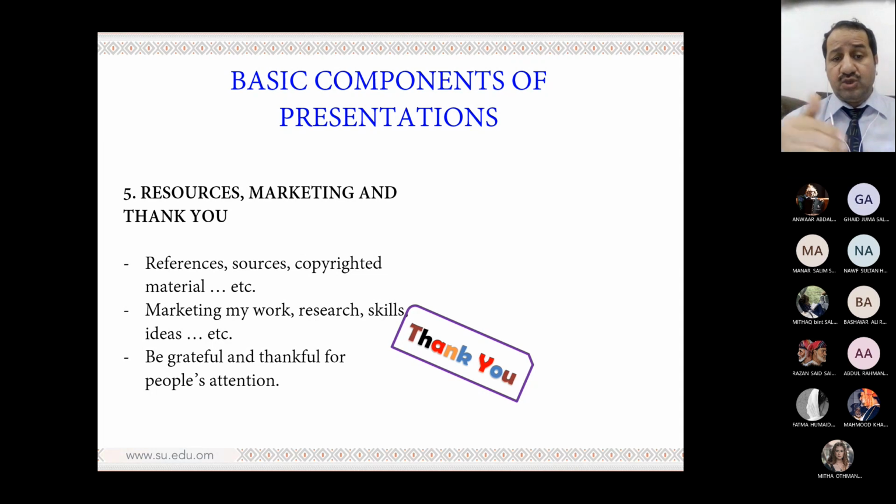These are extra issues that need to be considered, such as you need to add at the end the part of the references at least. You take your information from resources. If you have data taken from some organization or website, you also acknowledge them. Copyright, if there is copyright material, you need to mention it. At the end, when you close up, or in the appendices, this is to market your work, your team, your research, your skills, and be grateful for people who supported you.